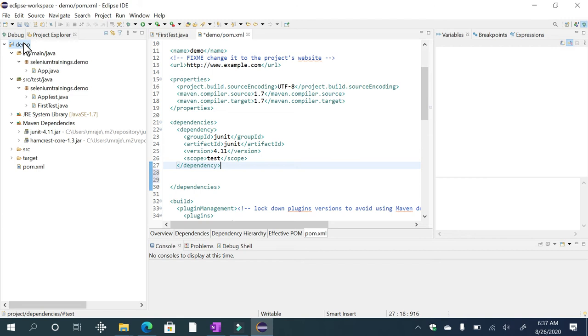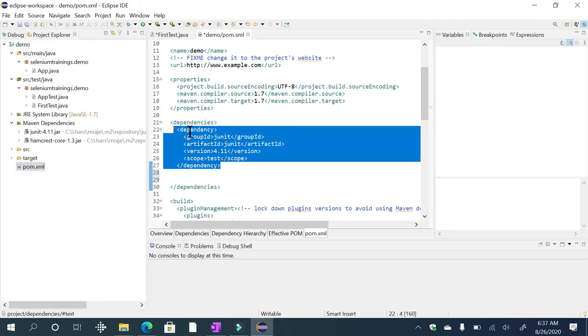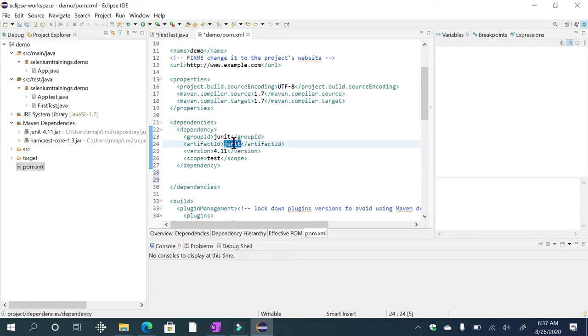But if you manage pom.xml, you simply add the dependency. And if JUnit 5 comes tomorrow, just change this version. It automatically downloads the required version and places it in your .m2 folder. So this is an advantage of Maven.